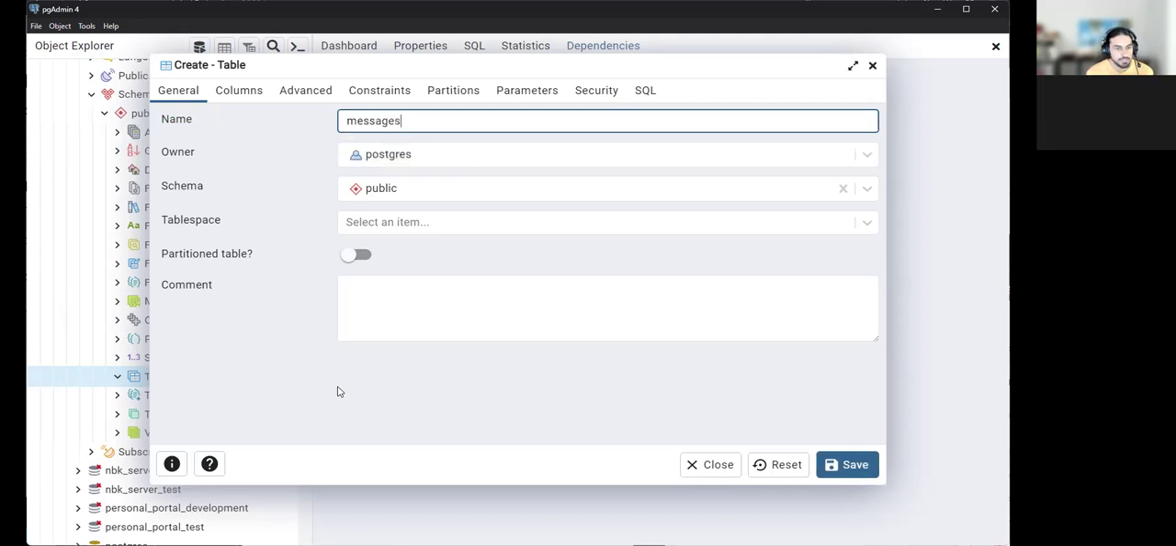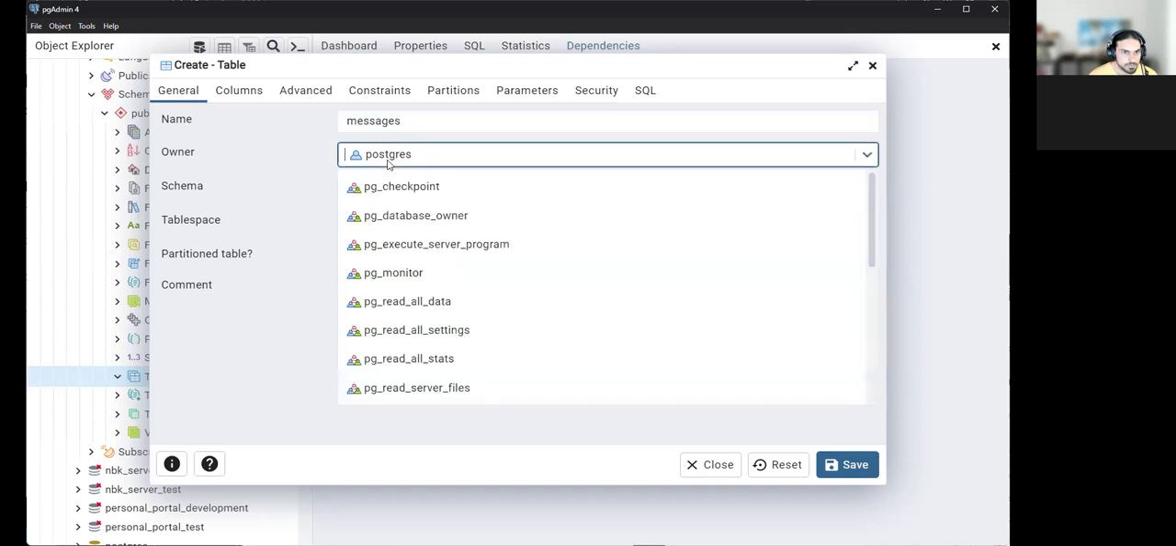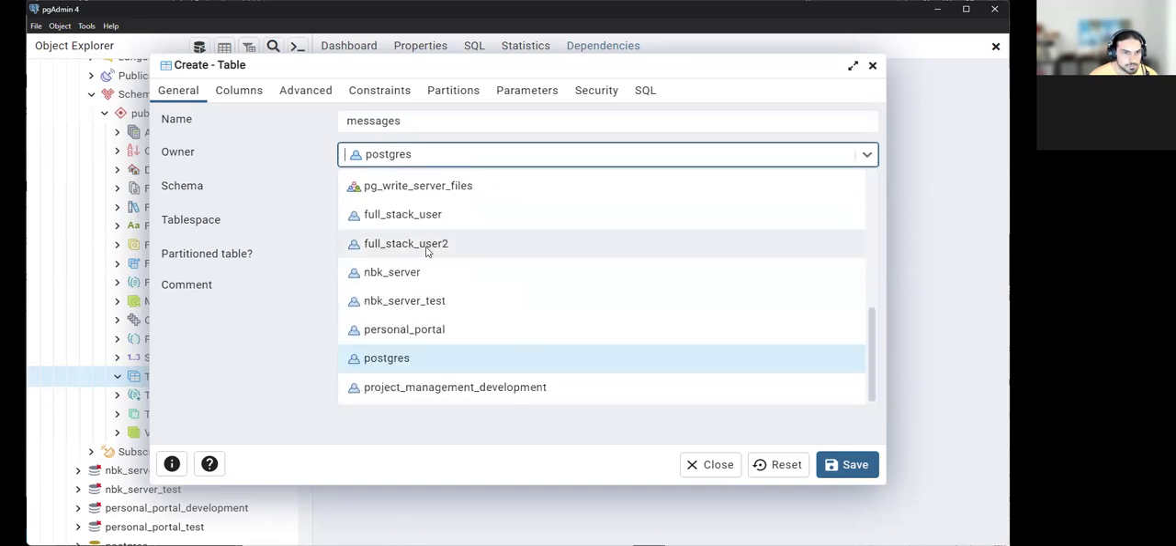Messages. By the way, how I name tables for Postgres, I follow lowercase. And if I have multiple words, I put an underscore between them. And I usually like the plural form of words. You're free to use other naming conventions. Maybe if you're doing another implementation of SQL like SQL Server from Microsoft, they like to use Pascal case, which is basically every word has a capital first letter, and they have no underscore between the different words. Anyway, owner is going to be full stack user2,